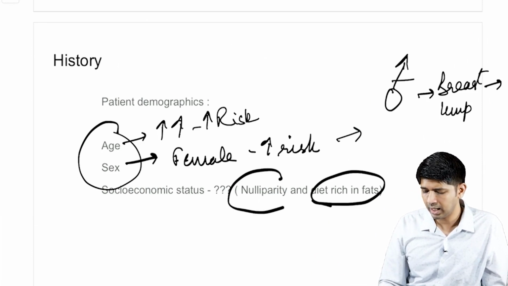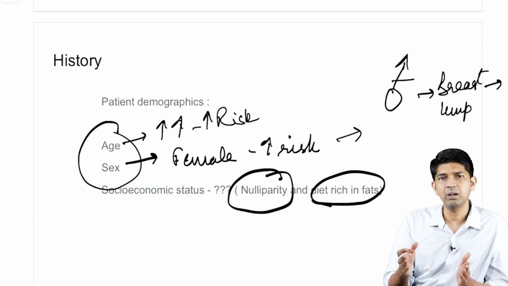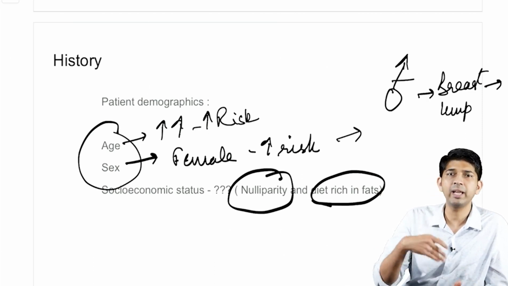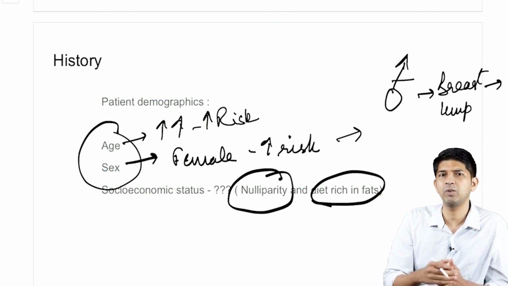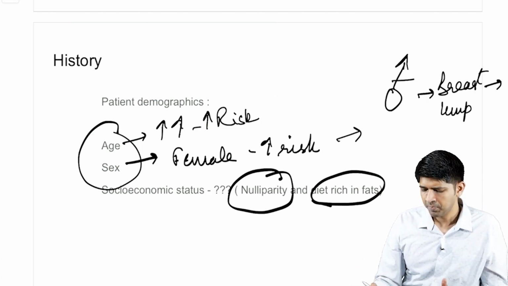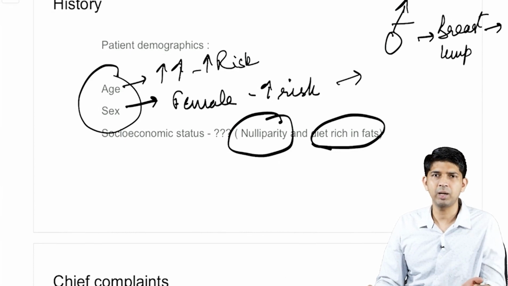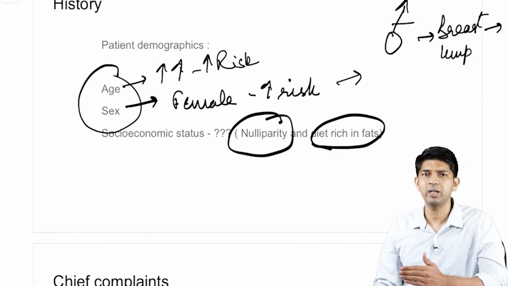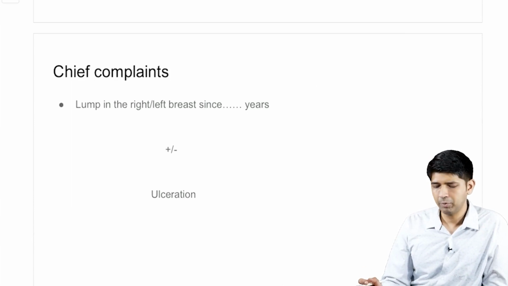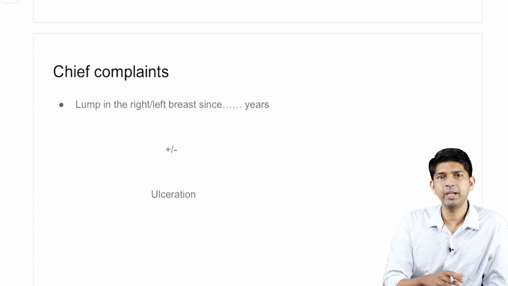And they also feel that nulliparity is a part and parcel of the affluent family, where they tend to delay having a child because of their lifestyle and their work pressure and so on and so forth. So if the examiner asks you why did you ask for socioeconomic status, you can defend by telling these 2 points. So the chief complaint will usually be a lump in the right or the left breast